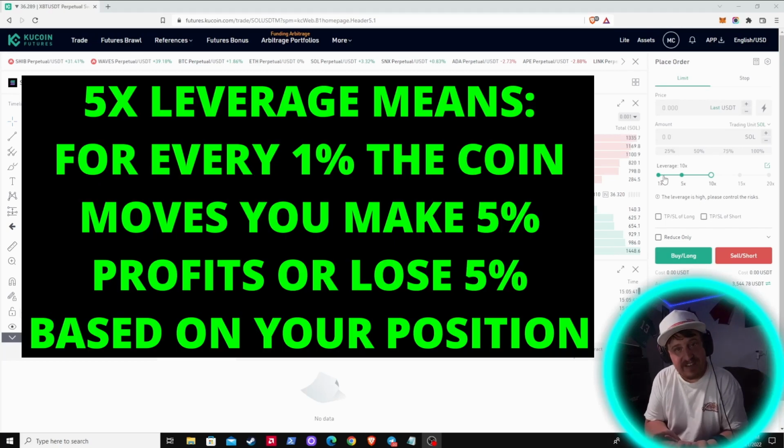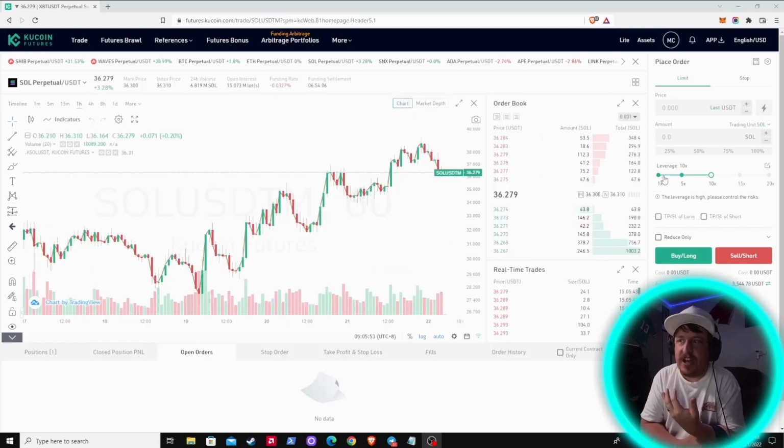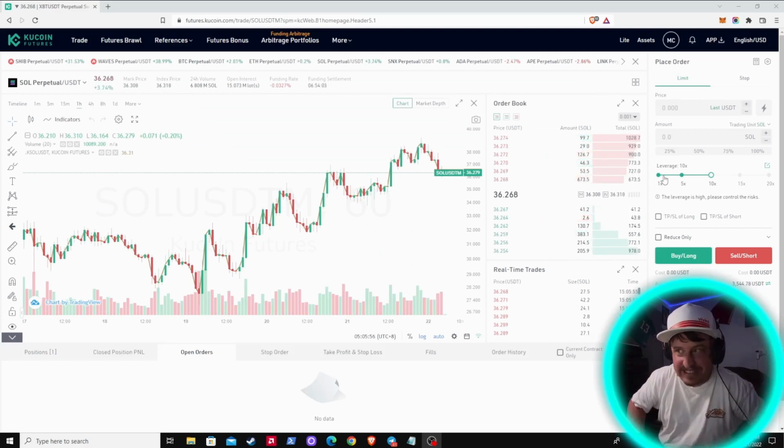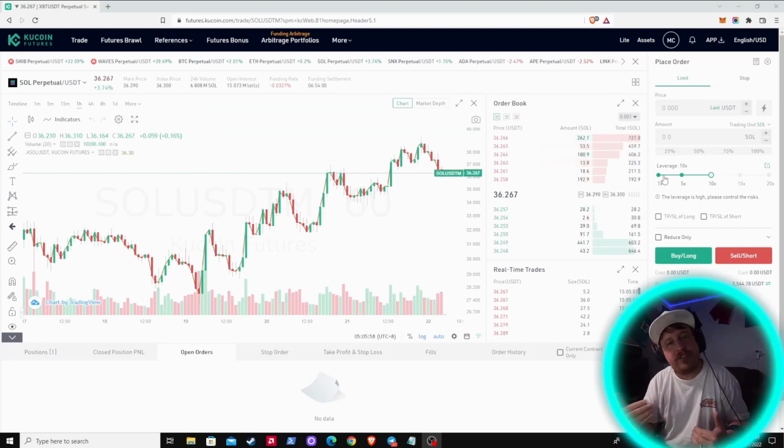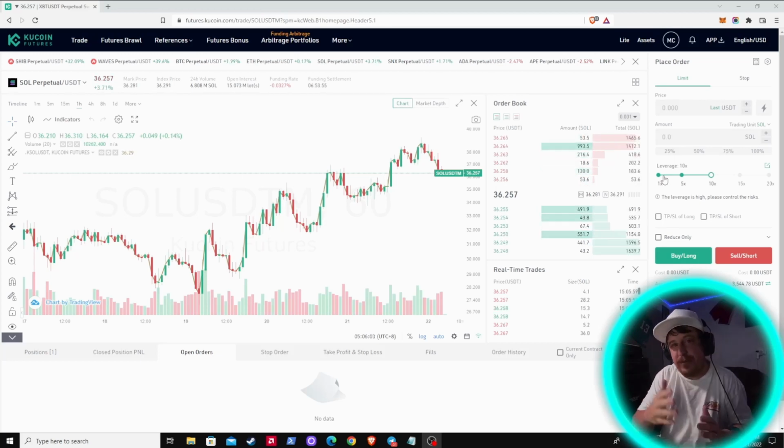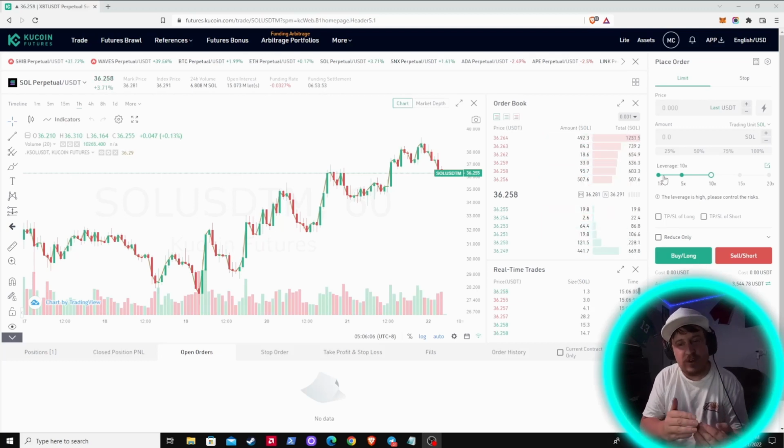So if you go up to 5x, it means that for every 1% move out of the coin up or down, you're going to make or lose 5%. 10x would be 10%. So the even numbers are obviously the easiest ones for that math to make sense, but hopefully that does. Something like 3x is 3%. So if you opened up a long position and you put in $1,000, and the coin goes up 10%, but you were using 3x leverage, that would actually be 30% gains for you on your $1,000 instead of just 10%. So instead of making $100, you would make $300, if that makes sense.